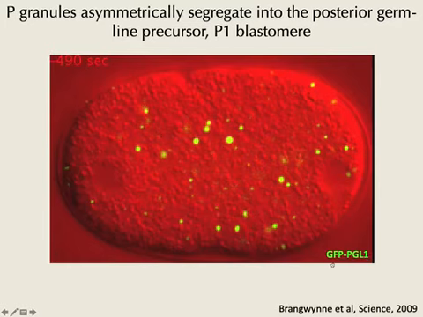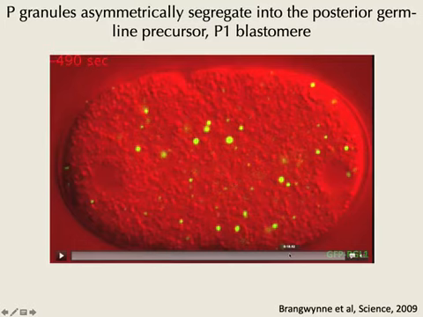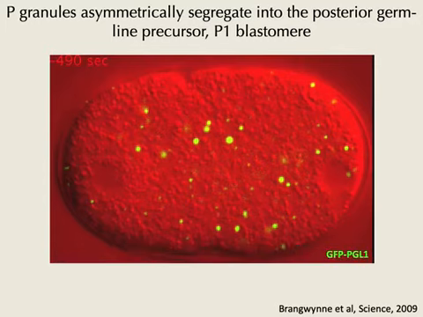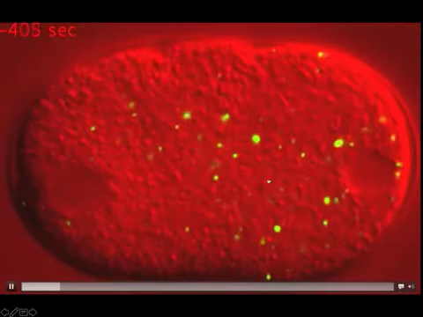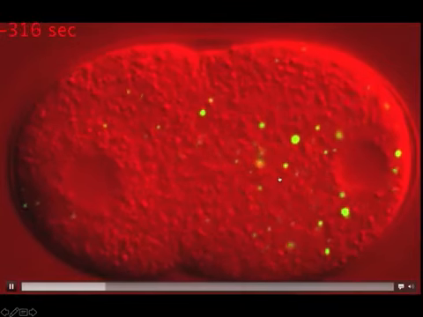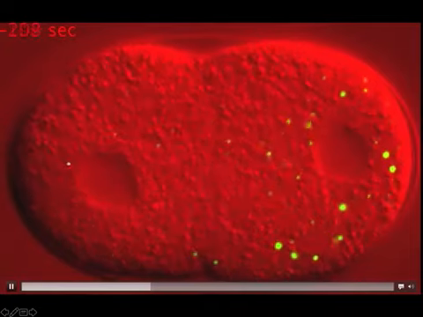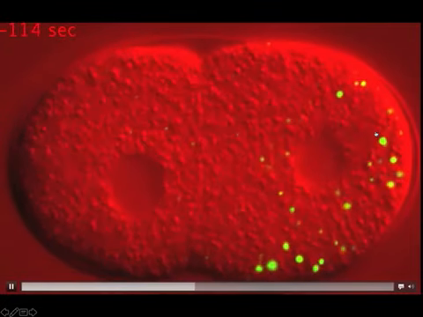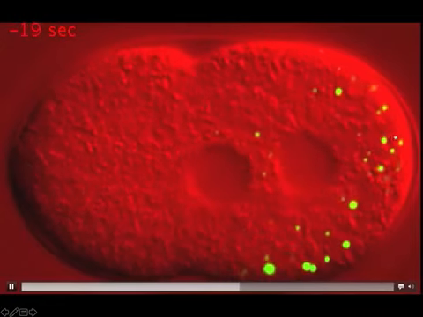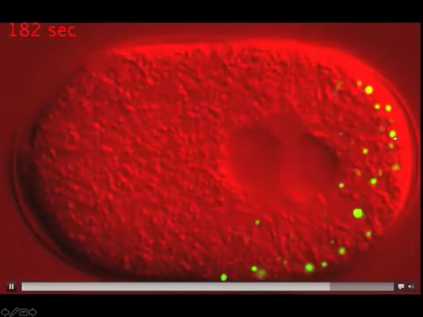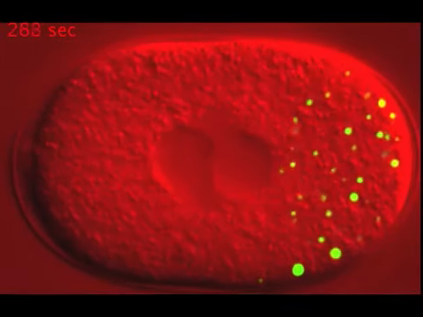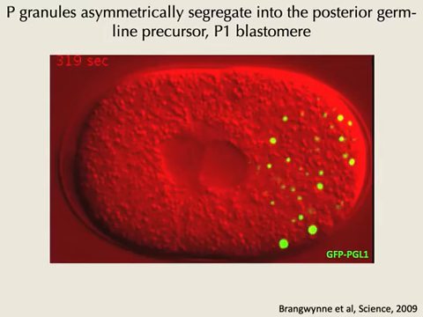So here, what you're going to see is so-called P granules. They've been known in C. elegans for a long time, and as you'll see, they will become polarized. They will get enriched on one side of the cell. That's the main point here, actually. But what's beautiful about this movie is that if you focus on any given particle, some of them you see move. But some of them, now you see the asymmetry is getting quite obvious. And this was all during the first interphase. So now you have this little dance of the two pronuclei. Then the one nucleus goes back to the middle, but it doesn't go all the way.